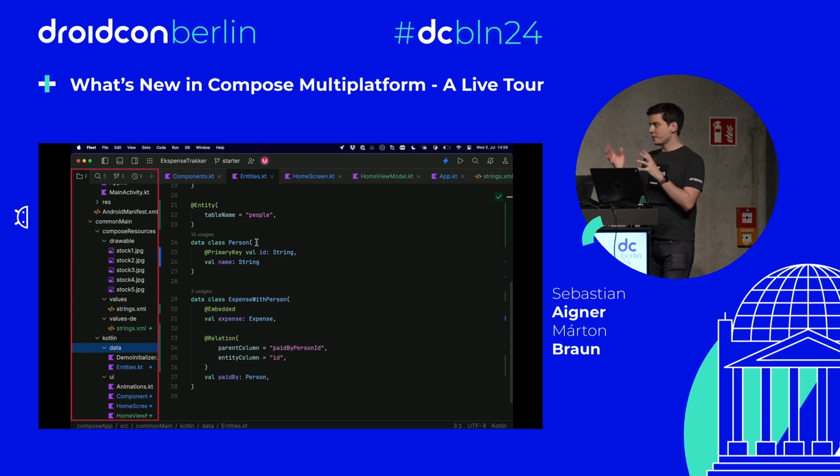So with that, we can keep moving and create an actual database class. So I'm going to call that expense database. I'll create a new file for it,